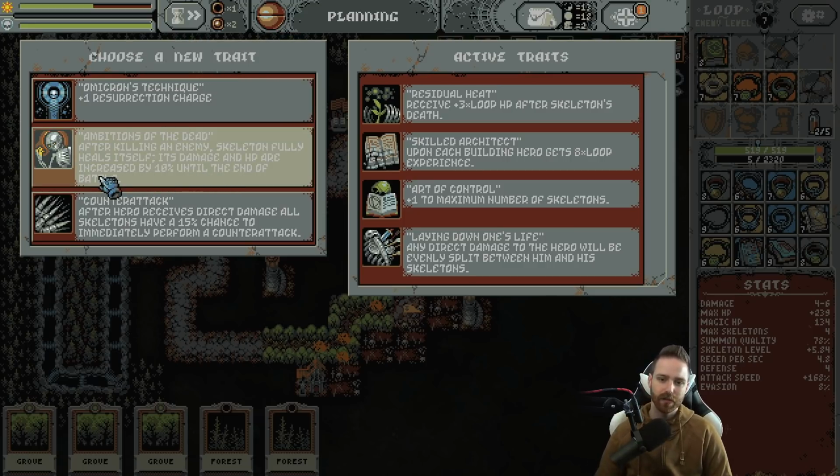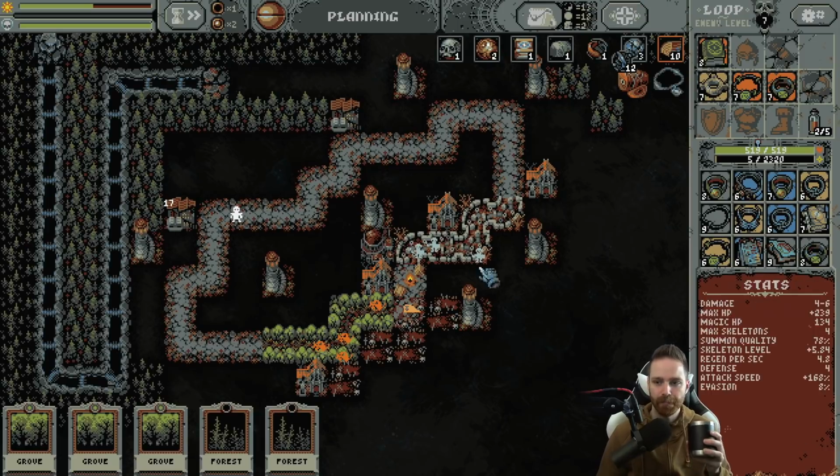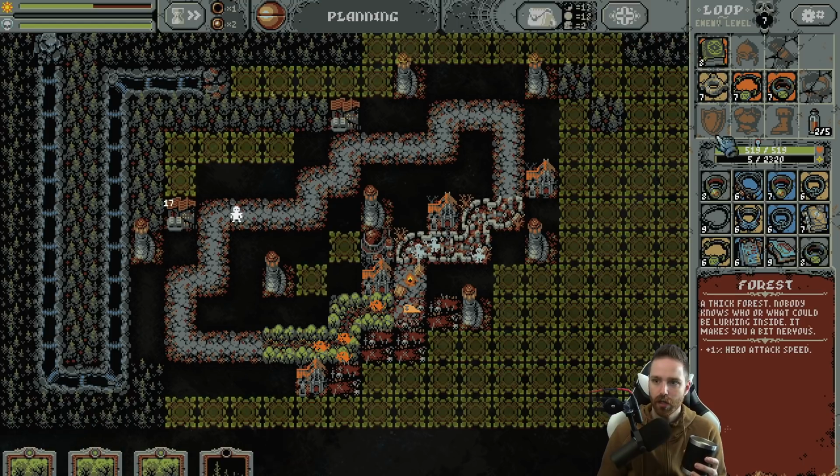They come and go. They're weak, so I don't think that upgrading one by 10% is going to make a difference. After a hero receives direct damage, all skeletons have a 50% chance to immediately perform a counterattack. I'm going to probably go with that one. I'm going to plan on not using any resurrection charge. I understand that that might not be the case at the end, but...